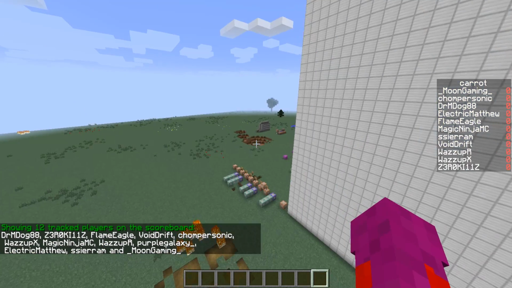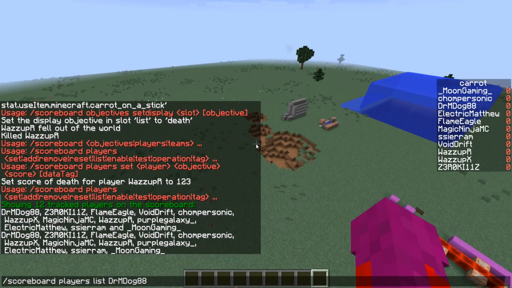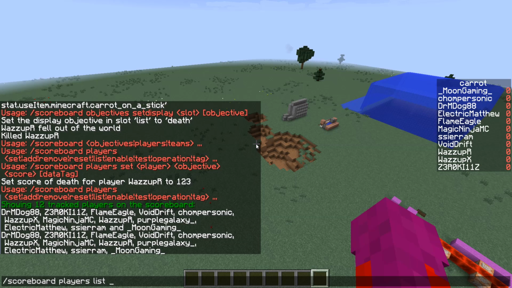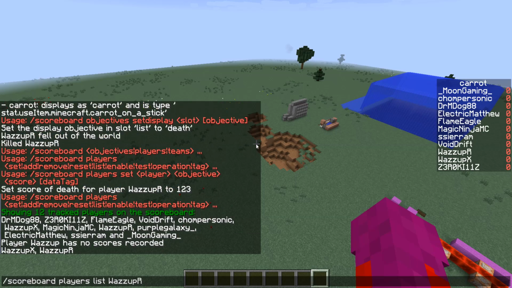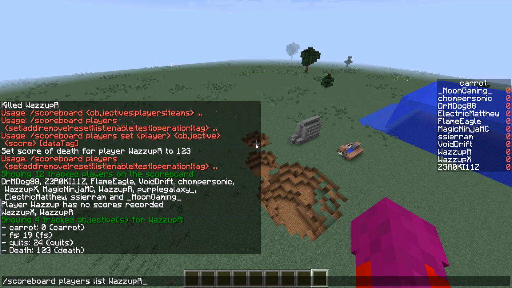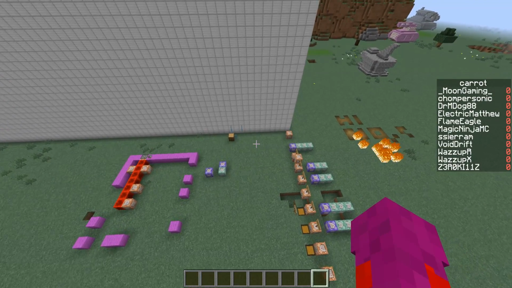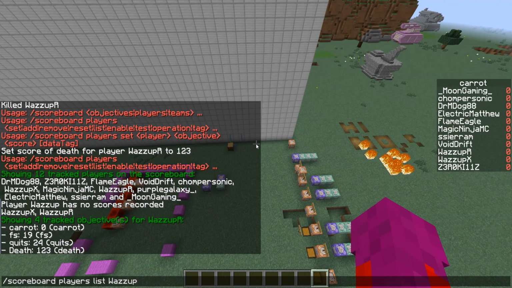If you have a scoreboard and you want to know who's being tracked on a certain scoreboard, then you can do that, or see what scoreboards are tracked on a player. See, I did scoreboard players list. Now it's showing me how many of each are on these. Okay, anyways. So, next we have